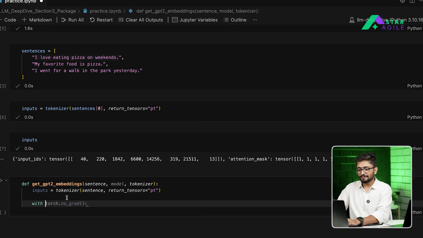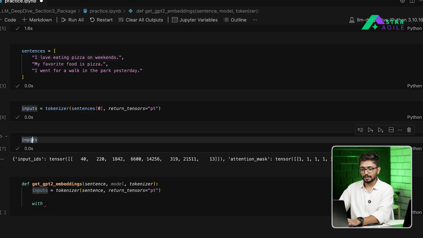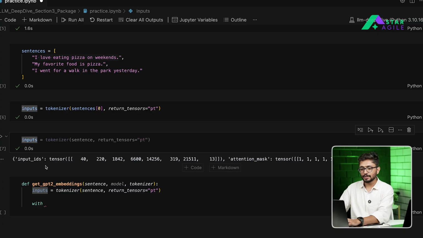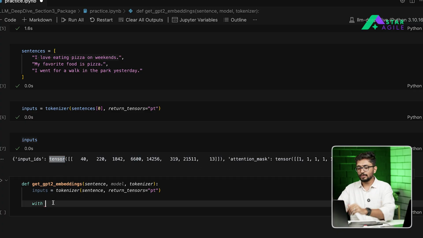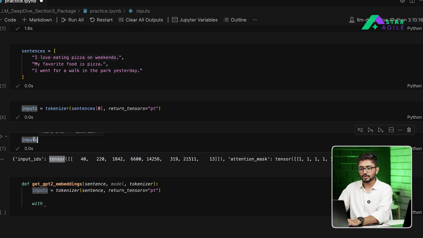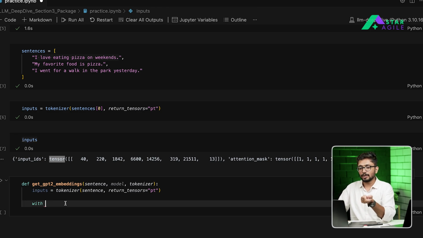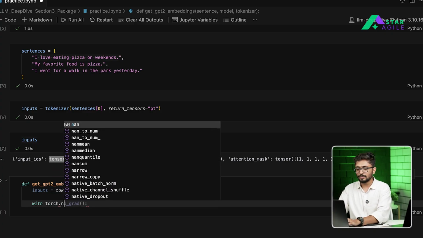After you have generated your inputs, the next part is to feed those inputs to your model, so that the model can process them and generate my outputs. First I will pass these inputs to my model to calculate the embeddings for each and every token, because without passing them to the model, you will not be able to calculate your embeddings. So here we'll say with torch.no_grad,